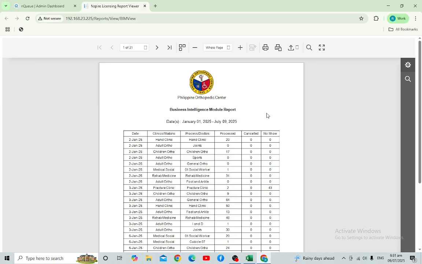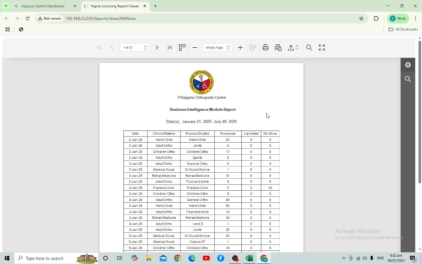As you can see, usually the clinic is the same as the doctor, because we are aiming in the future for a queuing system for every doctor. For now, we only have it for every clinic.